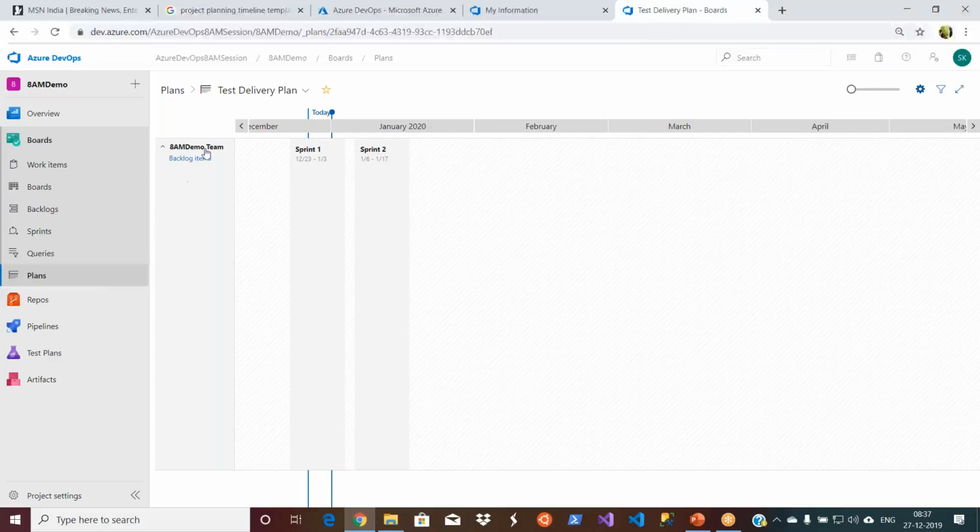Right now I have the 8 a.m. demo team here, and I have the sprint 1 and sprint 2 schedule. If you have other sprints, it will show them respectively, and you can customize here as well. You have this plus symbol. If you want to show some important tasks, you can display it here, probably